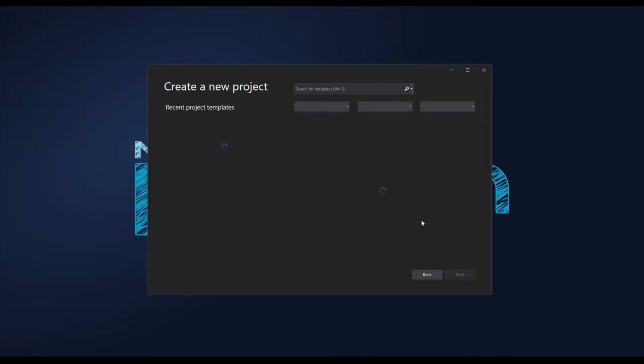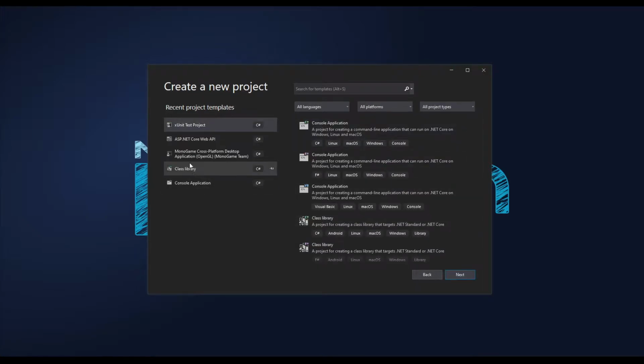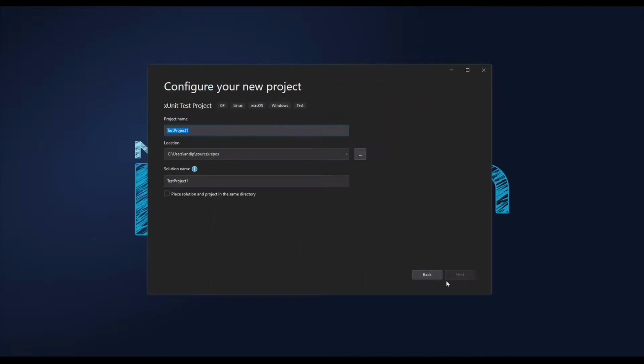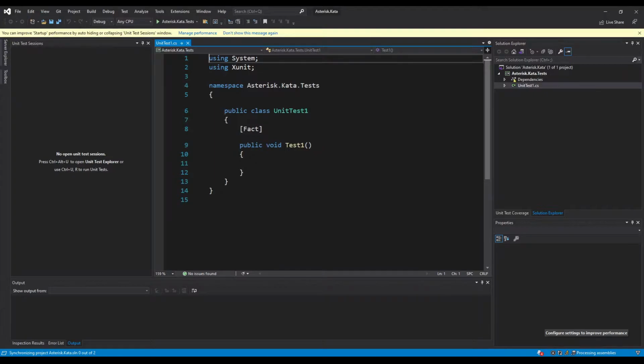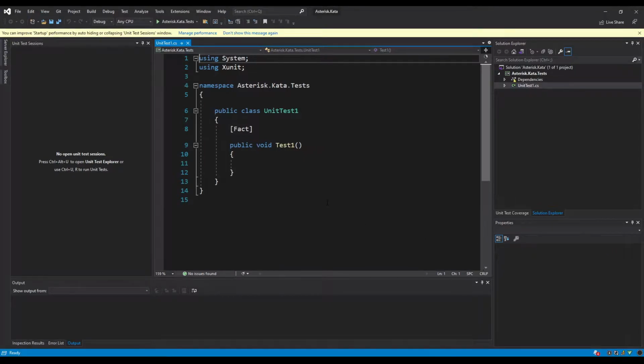And I'm going to approach this test first. So the first thing I'm going to put in is a simple xUnit test project, xUnit being my test framework of choice. Just to note that other test frameworks are available. I'm just going to quickly speed this up through creating all the project just to make this a little bit quicker. And then we get ourselves into Visual Studio. So there we go. We're sort of in a starting place